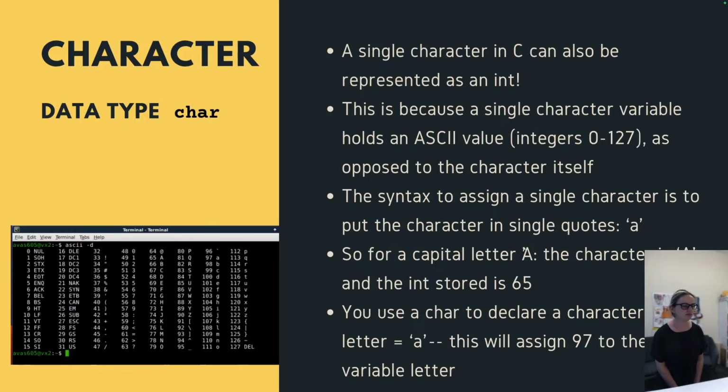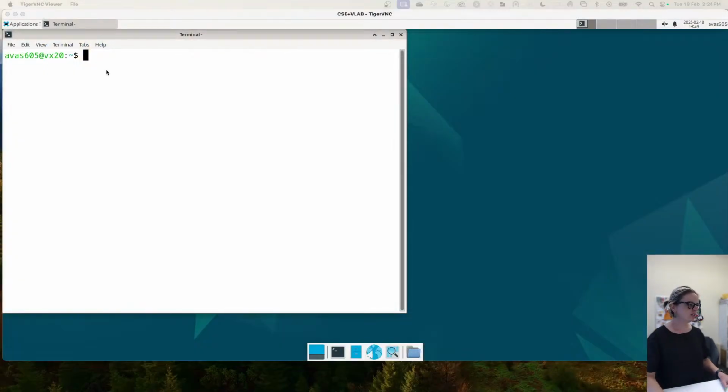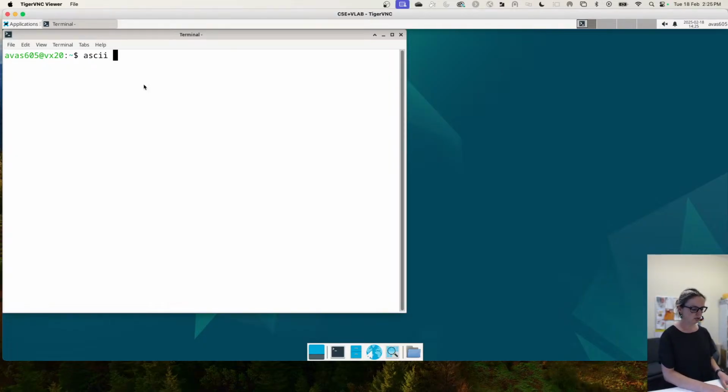Let's talk a little bit about characters, and then we'll talk a little bit about doubles, and then we will get into some code. So characters, a single character in C, and the most wonderful thing, it can also be represented as an int, and that is because they're ASCII values. So I provided an image here, but actually it's easier for me to just call it up on my computer and actually share the right screen. That would be nice too, wouldn't it? Okay, if we go to this screen, that was seamless. It was just a seamless transition. And we do ASCII